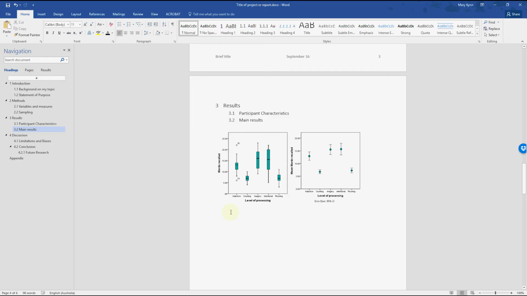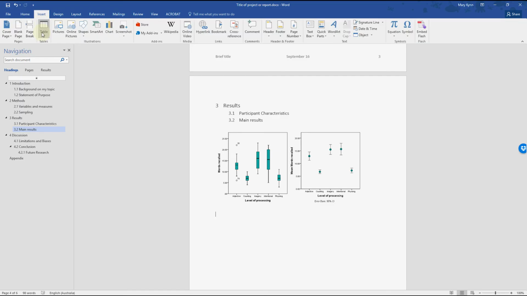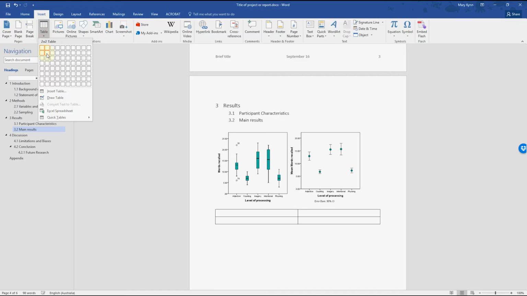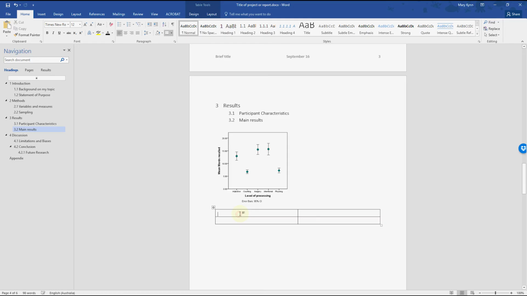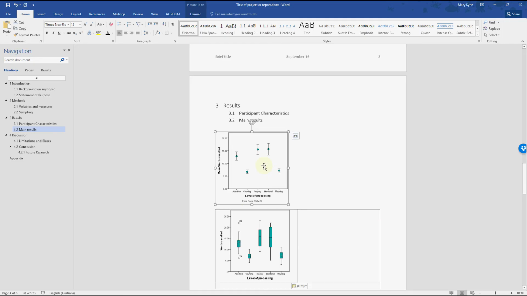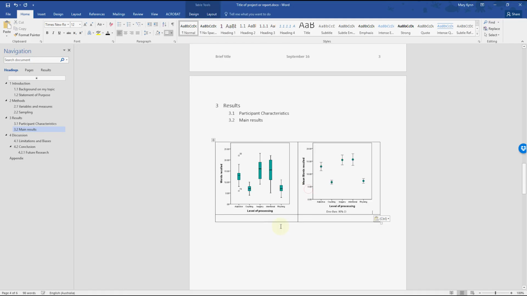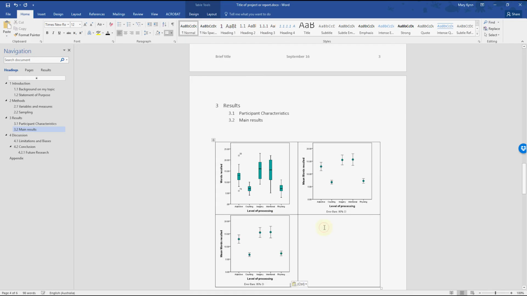If you want to have a number of pictures together and you need to keep them laid out neatly, I find it handy to use invisible tables to format things, and this is often what's used in web design to keep things laid out. So I would go to Insert Table, and let's say I had another couple of pictures I wanted to dump in. So I will take that out of there and pop it into my table. Take that one out and pop that in,